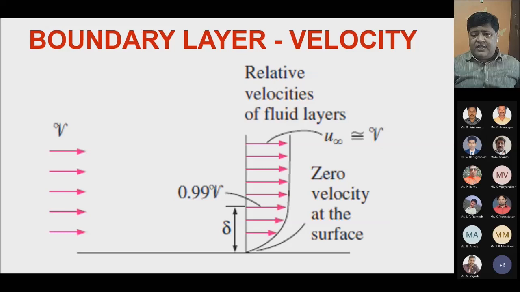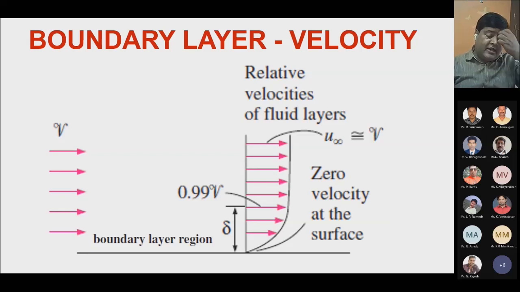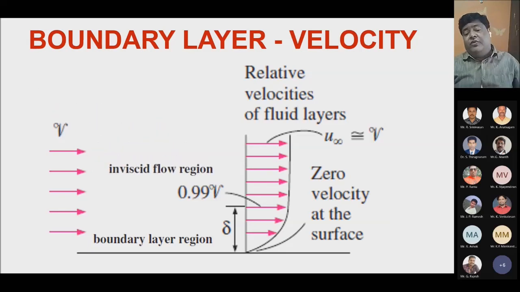So we have to understand that the velocity, dou u by dou y, varies in the y direction abruptly. It's because of the wall shear stress, because of the friction, and all those phenomena we have studied in fluid mechanics. This layer within the boundary layer we call the boundary layer region, and beyond it we call the region the inviscid flow region. Beyond that we consider there is no friction and no losses, and we don't concentrate on that region because it does not affect our phenomena of study.